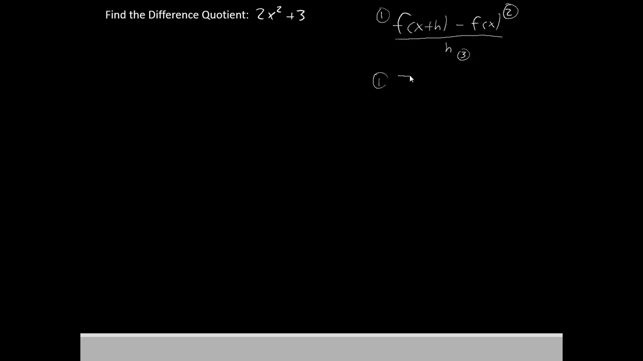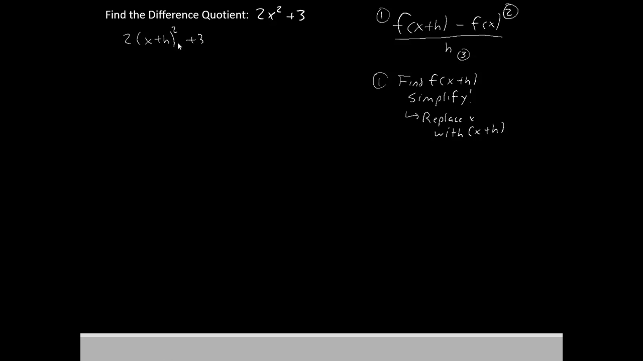So our first step is going to be to find the value of f of x plus h, and then try to simplify it as much as possible. When I say to find f of x plus h, I mean to replace our x in the original function with the quantity x plus h. So instead of having 2x squared plus 3, we will now have 2 the quantity x plus h squared